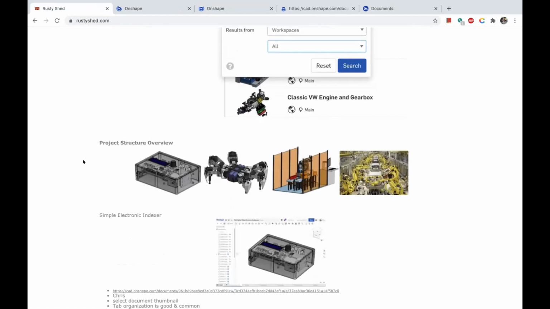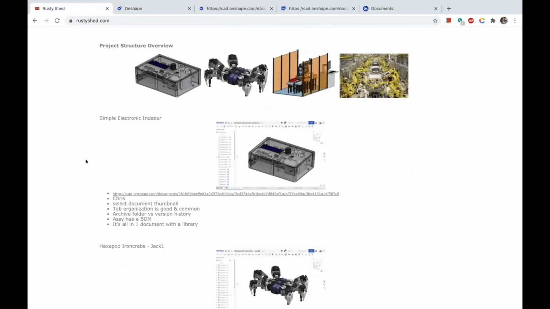I'm by all means not an expert at project structures in Onshape. I'm trying to get there. There's just so much more in Onshape to be able to control a project that I'm trying to get my head around, trying to figure out how it all works in the big space. I was pretty good at it back in the old systems because it was fairly limited on how you put it together. I did work with a lot of companies for 20 years trying to develop methodologies for controlling project